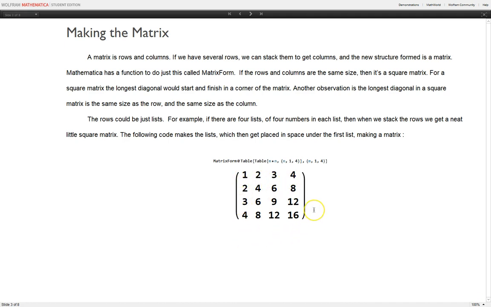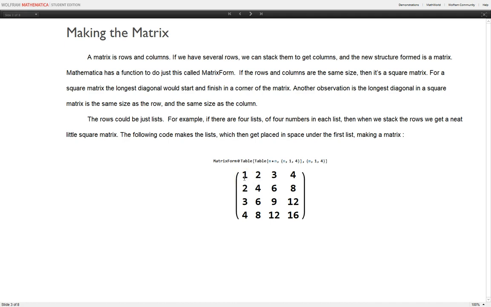And for a square matrix, the longest diagonal would start and finish in a corner of the matrix. So this is the longest diagonal, 1, 4, 9, 16. It starts at a corner and it finishes in a corner. And of course, another observation, which all follow from the fact that we're dealing with a square matrix, is that the longest diagonal